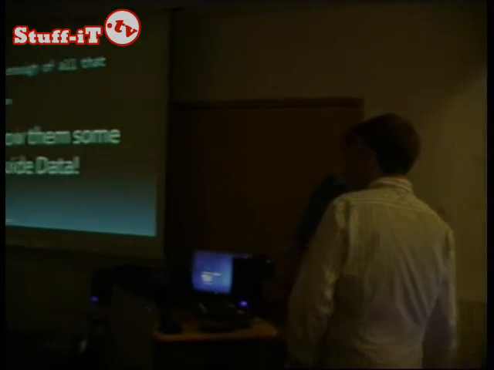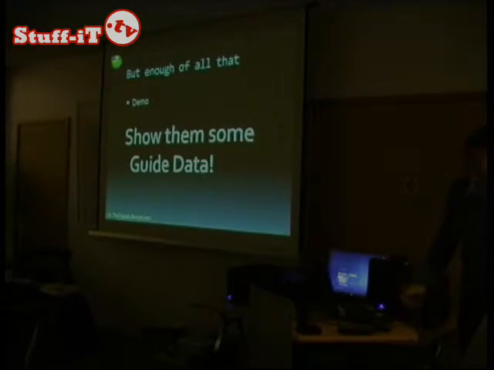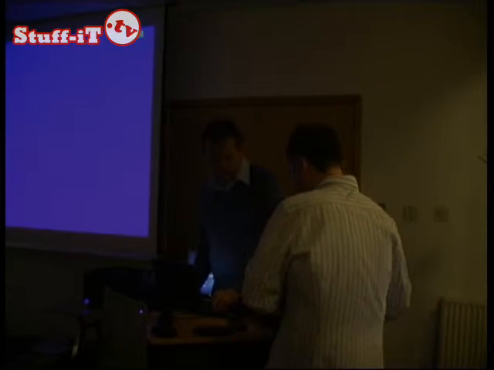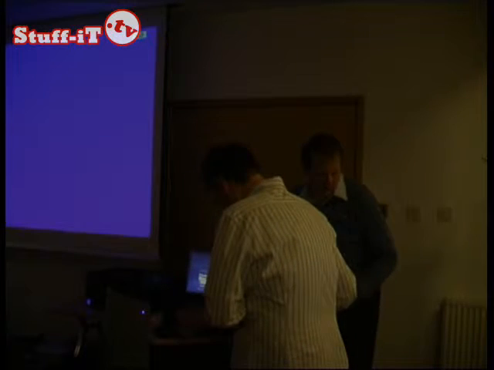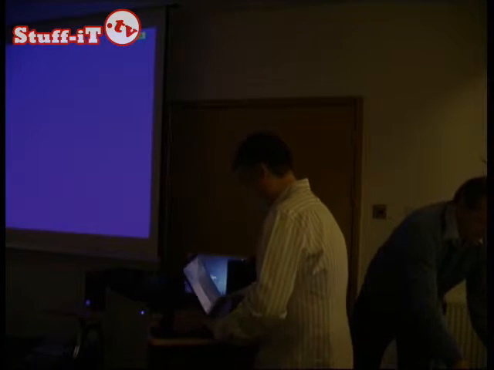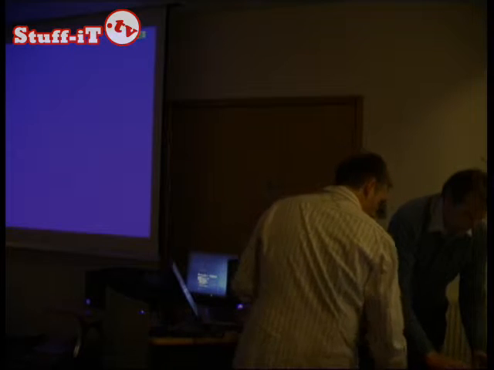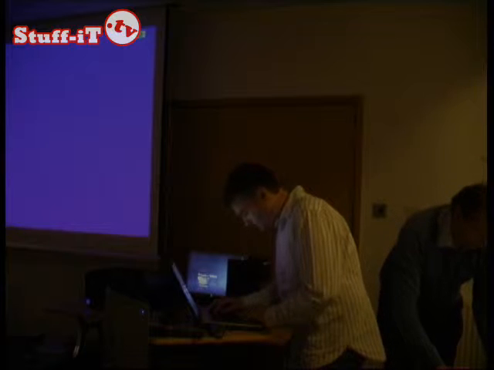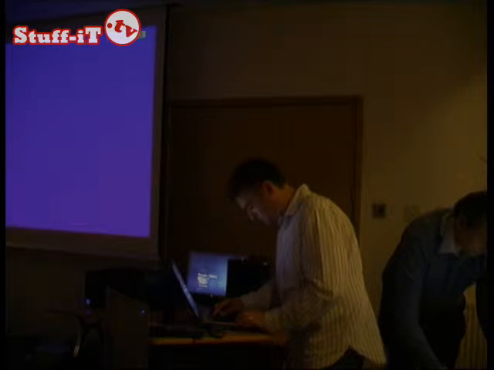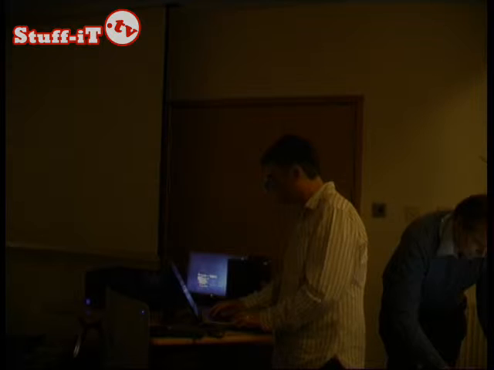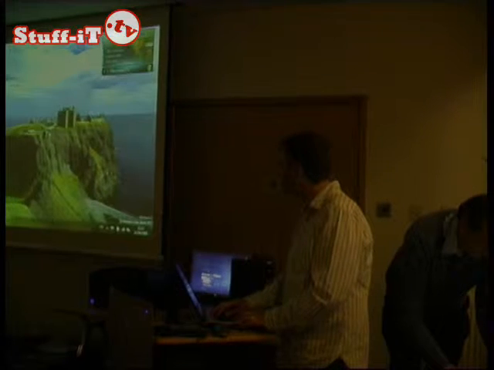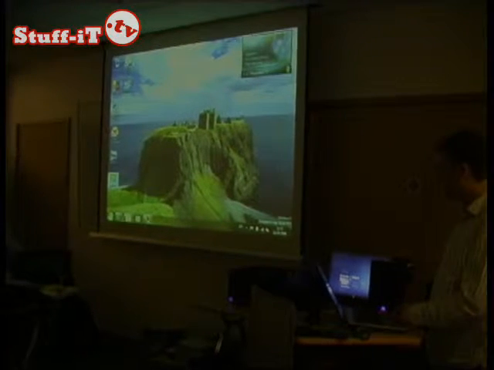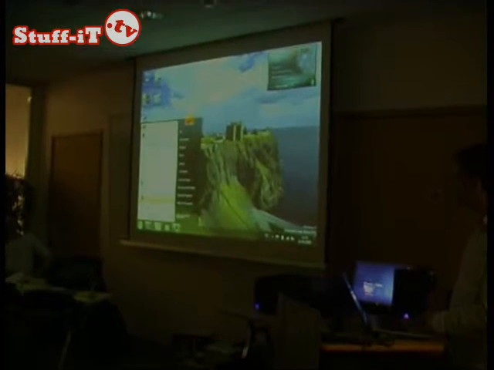Okay, so, show them some guide data. Let's plug this one in. I've got this one set up as though it has got a children's card. Okay, so this is running Windows 7, and first thing actually, a nice little feature we've got here is the